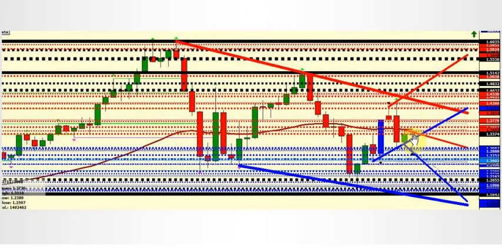Now we can see that this month there's just a little bit of a blue painted candle right here. The painted candles are proprietary to Forex Pro Charts and are very useful indicators that combine volume with some other factors, and the red painted candles in particular are useful for trading the zone. But basically,